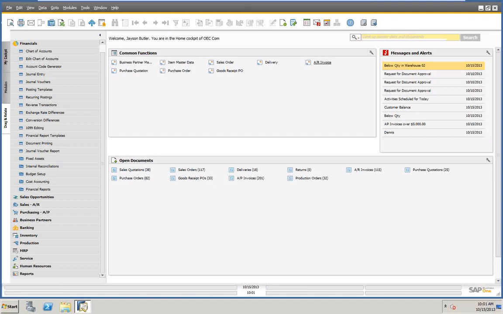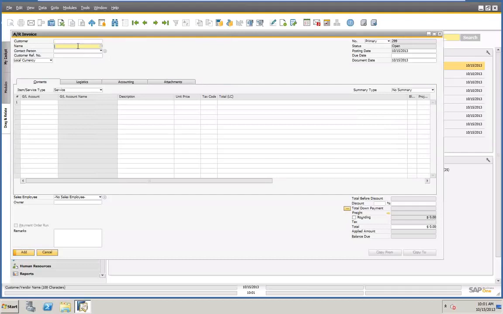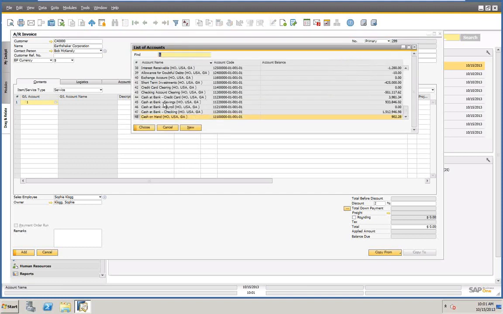If you know from working with SAP, we have the ability of doing this with all documents. So I'm going to show you what a save as draft is just real quick before we go on. For example, let's say we're going to do an AR invoice. Let's open up an AR invoice. Again, if we create an AR invoice,